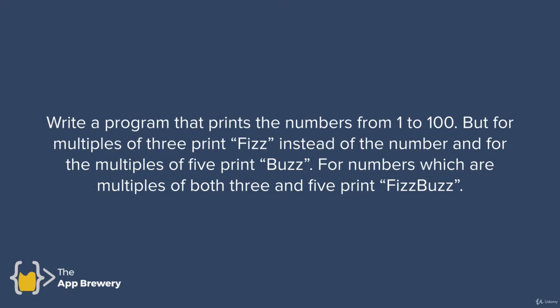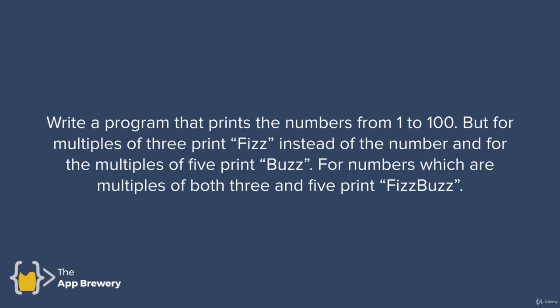So you have to write a program that prints the numbers from 1 to 100, but for multiples of 3, print fizz instead of the number, and for multiples of 5, print buzz. For numbers which are multiples of both 3 and 5, for example 15, then print fizz buzz instead of the number. So it's pretty simple, but it's a really easy way of seeing how you solve problems and demonstrating a